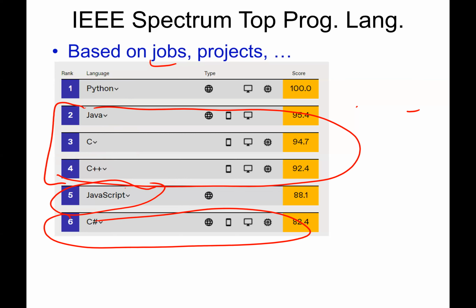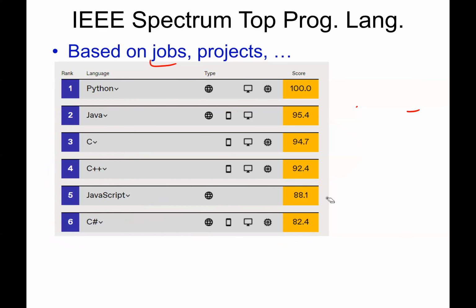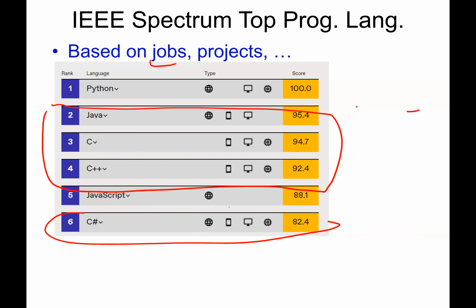So my recommendation to you is basically of these top 6 languages, you should be pretty good at 4 of them right now. You're good at C and C++, and Java and C# are easy to learn. And then at some point in your career, you're going to want to learn one of these more loosely typed languages, where you can get it working sooner, but it runs slower and has more potential for bugs. So Python or JavaScript or both.